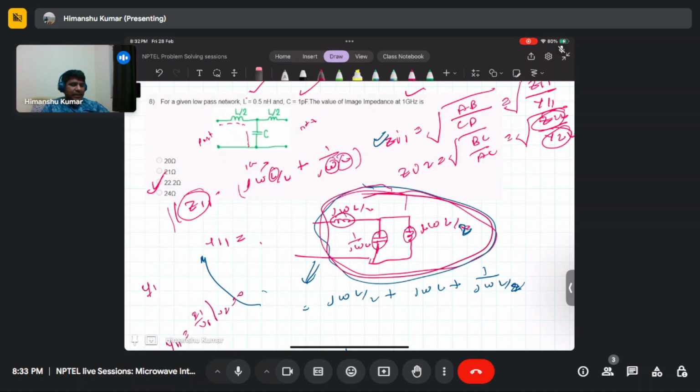No, I have written impedance here. You need to write admittance here. So this is 1 by L by T, 2 upon j omega L. Similarly, here also, this will be j omega C, 1 by,